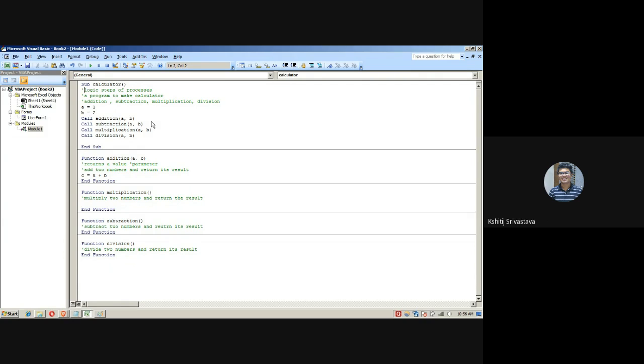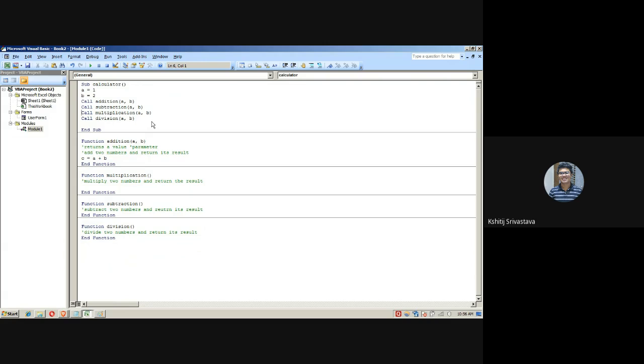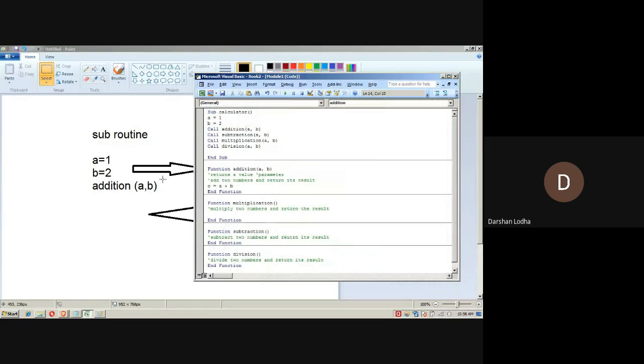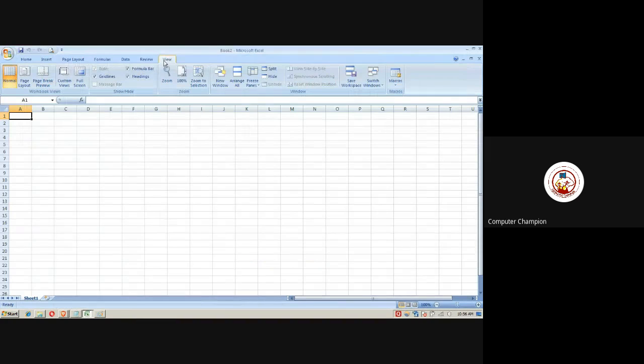Okay. So how do we see this output? How do we run it basically? Yes, sir, I will show you. Also, can we open this macro and the coding from the developer tab or something? Yes, the developer tab is there. In View, you have a macros tab and a developer tab.